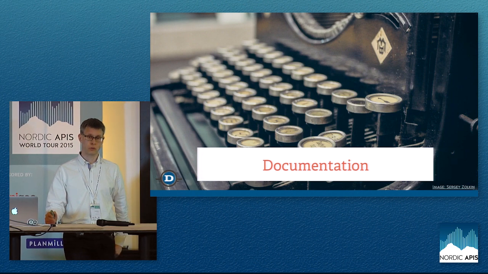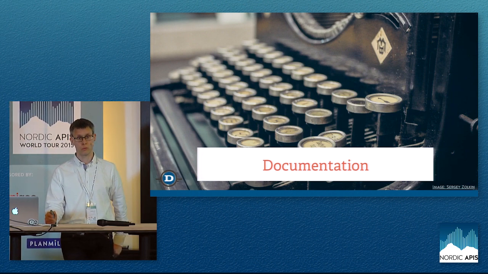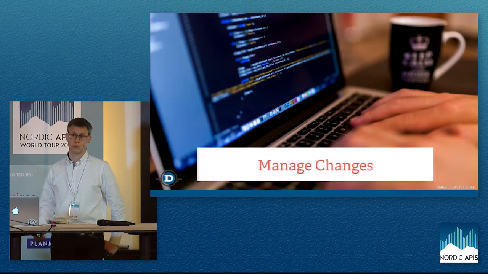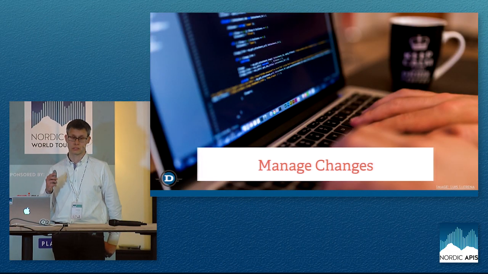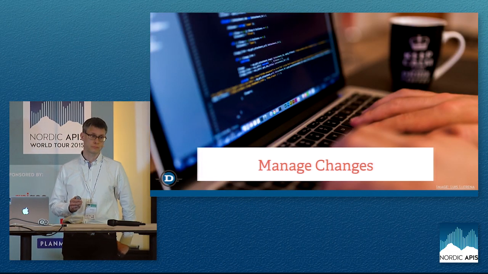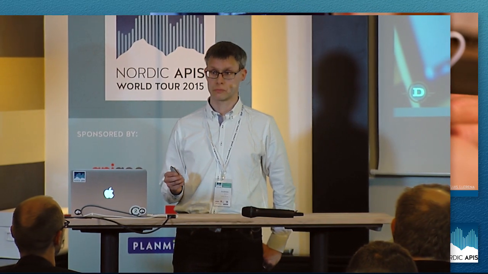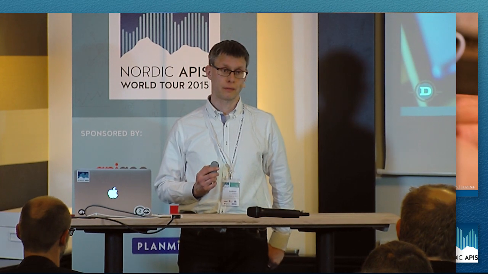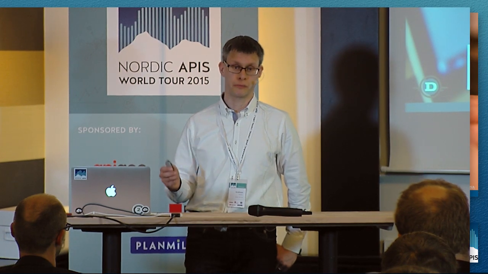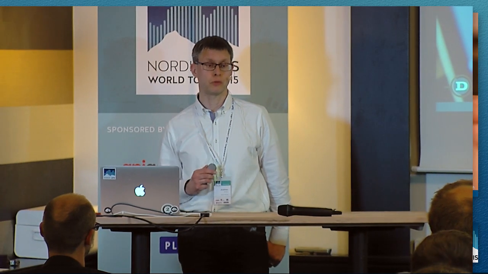If the track continues all the way up to the wall, the train will go through the wall. You need to know how you're going to handle changes. And you need to know it up front. And you need to communicate this with people that use your API. This is absolutely critical to your success, because whatever you do the first time around, you will have missed things in your API. There will be bugs, there will be missing features, technology change. You need to know how you're going to manage changes.